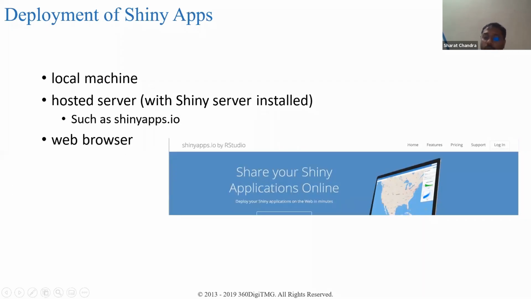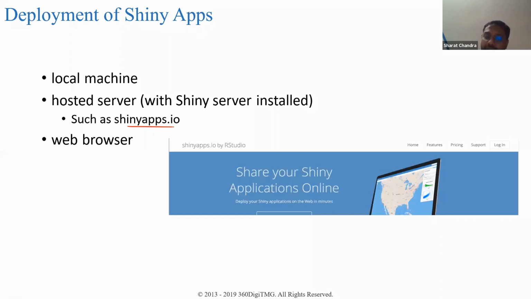Now coming to deployment, once a Shiny app is developed, you can deploy it on your local machine as well. You can also use a hosted server. RStudio comes with shinyapps.io, which is a hosted server by RStudio.